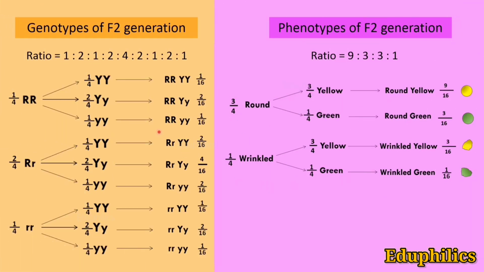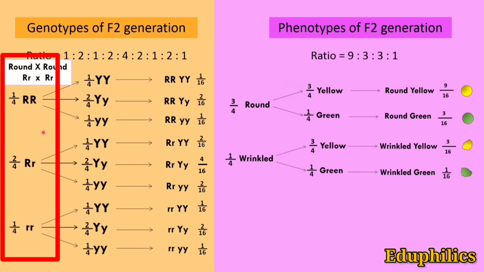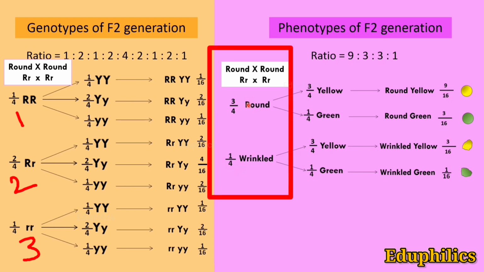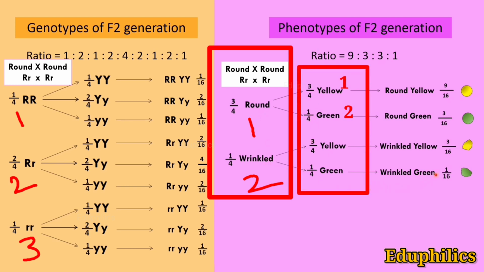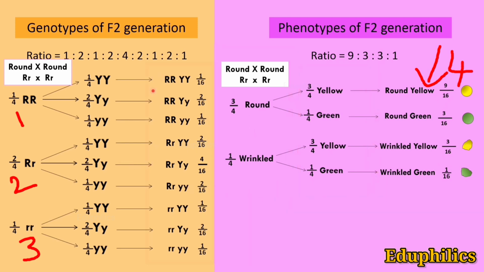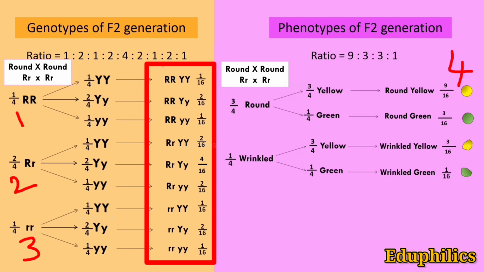Now let's compare the genotypes and phenotypes we got in F2 generation. Observe only this column. It's like a monohybrid cross because we consider a single trait here. The number of possible genotypes formed are 3. But when we want to find the phenotypes for the same cross, the number of possible phenotypes formed are only 2. As only 2 types of phenotypes formed in every monohybrid cross, the total number of phenotypic combinations in F2 generation are 4. And here, the total number of genotypic combinations in F2 generation are 9.